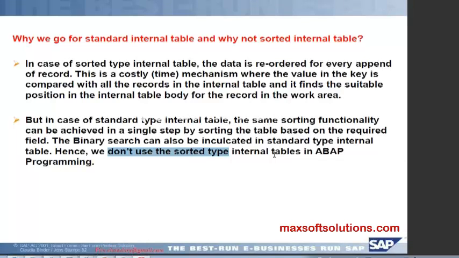Yes, in sorted it will go for reordering. But in standard, after appending, at the end we can sort only once, right? Yes. It is a one-time process, so performance will be good here. So we never go for sorted and we go for only the standard. Okay.